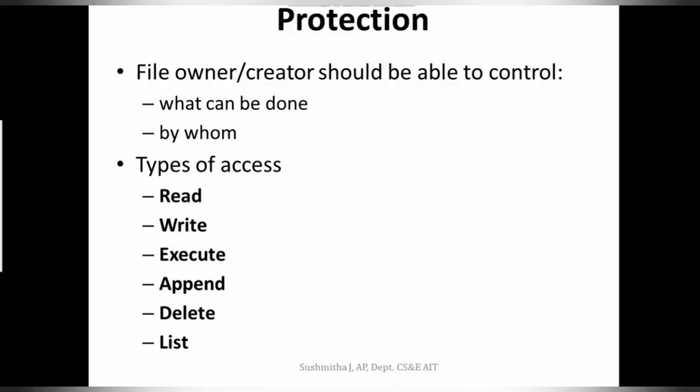Now, when I say there should be protection, the other word that comes with protection is reliability. What is reliability? Even if there is a fault or failure, the system should continue to execute. How could I do that? Reliability in case of file sharing can be achieved by duplicating, or having multiple copies of your file. So if one of the copies is corrupted or lost, I could still get the file from another copy.